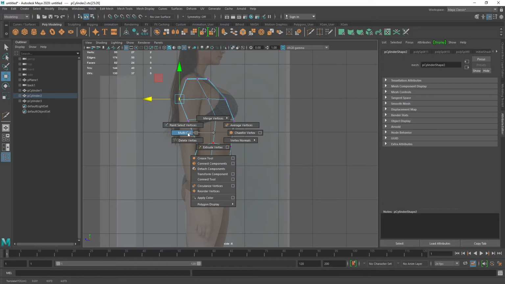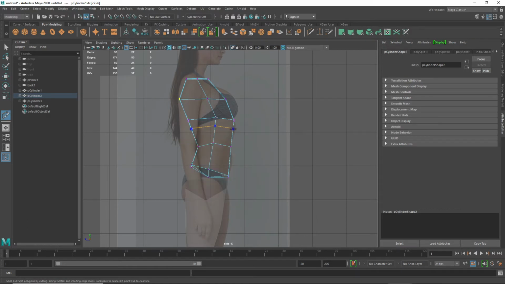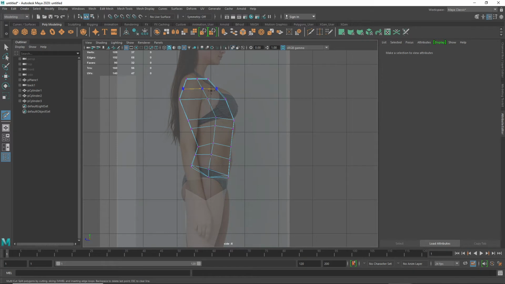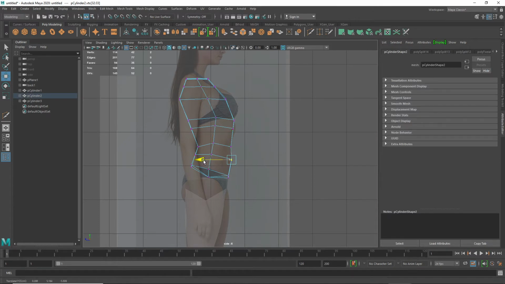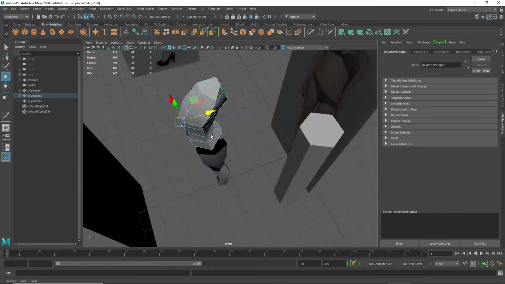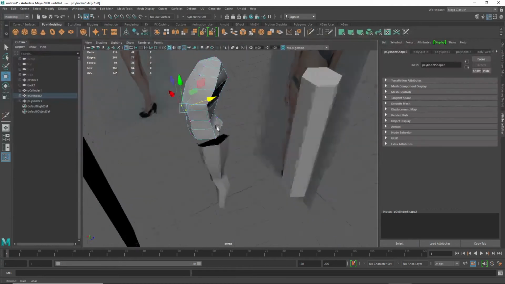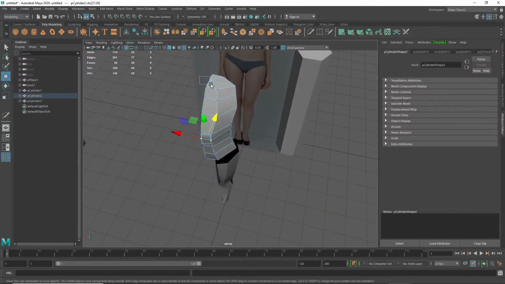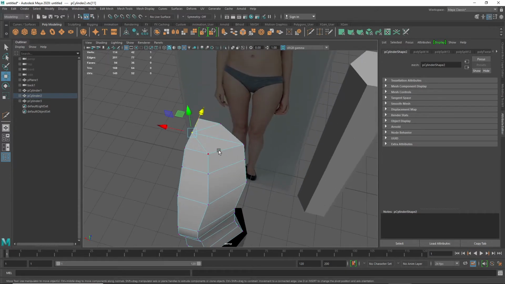I'm going to add in some multi-cuts here. I'm going to add in one here, holding control. I'm going to add one here, holding control. And I'm going to add one here, too. And so with this, I can slightly pull out that. And with this, I'm going to pull out this a little bit more. And then over here, I'm going to bring that out. And so you can see it follows the rib cage. And because I've done this on a quarter view, like so, you can see that it should relatively work with my scene. I can go in and pick the face mode here, and then just basically